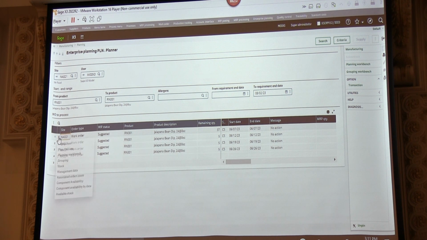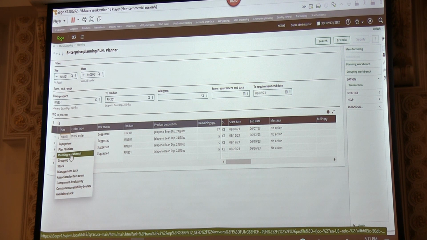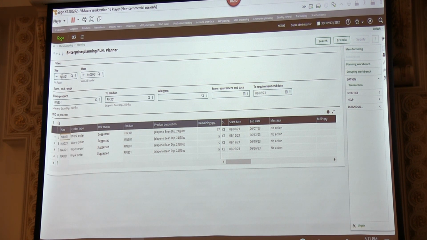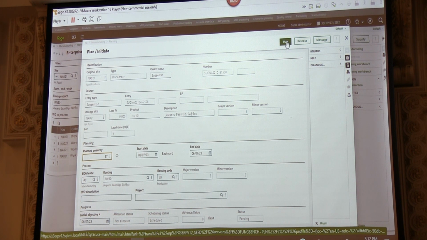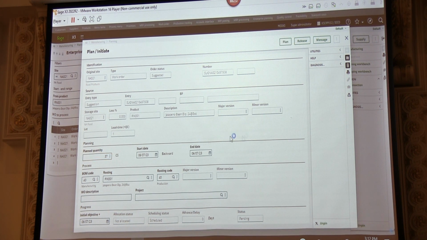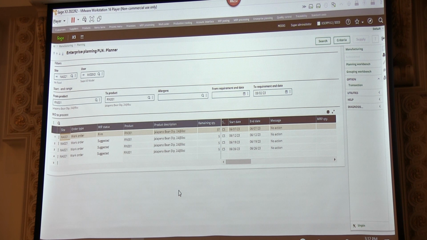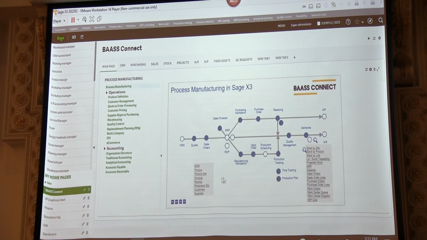And then from here, I can go in and do a plan and initiate, or I can do a grouping. Now again, remember, I'm looking at NE21, which is set up as a manufacturing site. So when I actually go and plan and initiate, it's going to generate a work order, a production order, okay? I can just put it on the plan, or if I'm ready to release it, I can go in and release the order. Okay, so right now it's actually marked as a firm order, and then if I look at the work order right now,